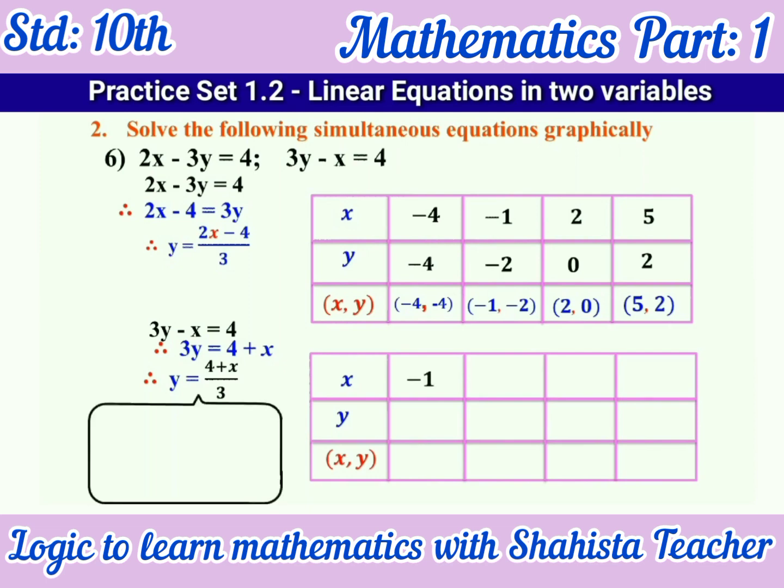So if x is equal to minus 1, we have to calculate y. So when x is equal to minus 1, then y is equal to question mark. We are calculating here value of y. So y is equal to 4 plus x. In the place of x we will put minus 1 upon 3. So 4 minus 1 upon 3. 4 minus 1 is 3. 3 upon 3 is 1. 3 ones are 3. After dividing we get here positive 1. So x is minus 1 and y is positive 1. So minus 1 and 1.